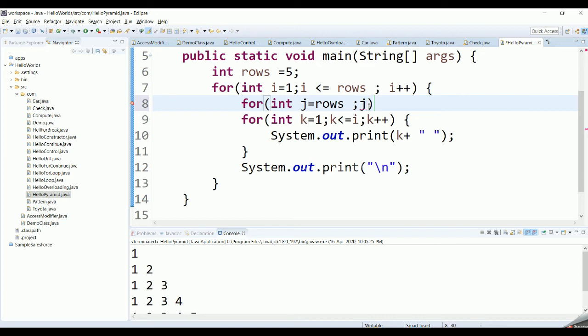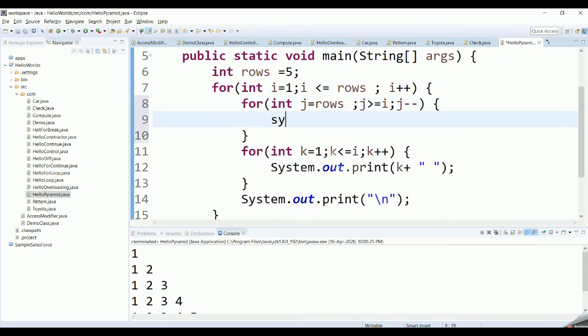So j should be equal to rows, and the first time it should give 5 spaces, then it should give 4 spaces. So j should be greater than or equal to i, and I'm going to decrement j, and I'm trying to print a space.